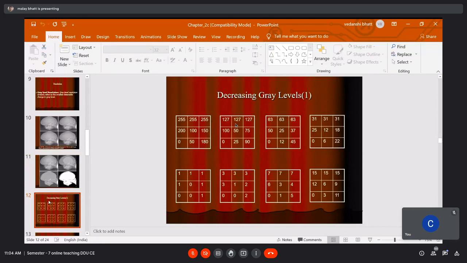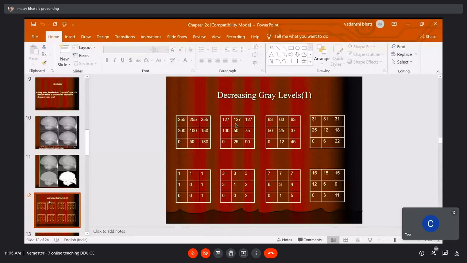To reduce the number of gray levels, from 256 gray levels, the range is from 0 to 255. 0 is black and 255 is white. So we have a total of 256 gray levels. From that, we'll achieve 128 gray levels. So the range will be from 0 to 127.